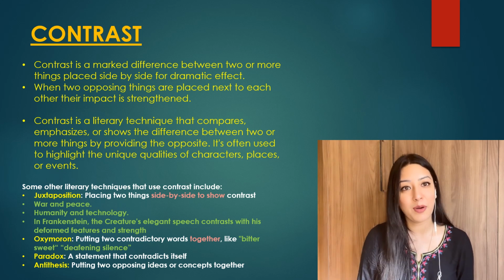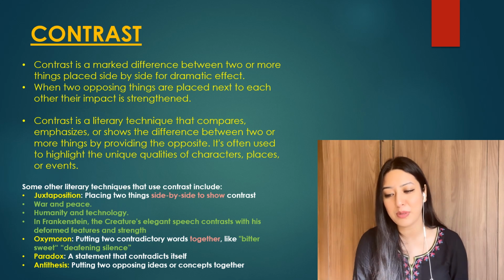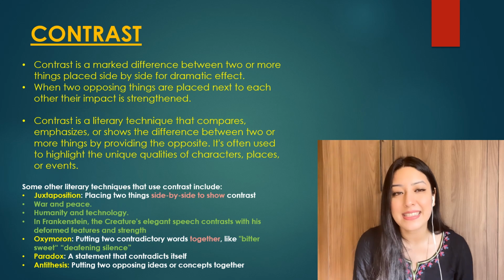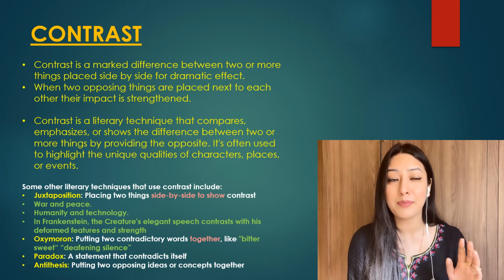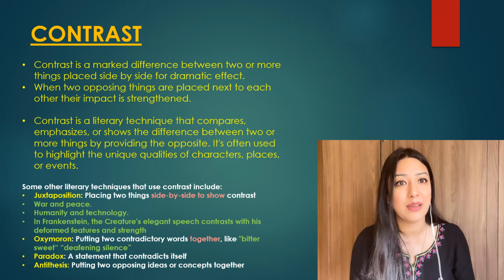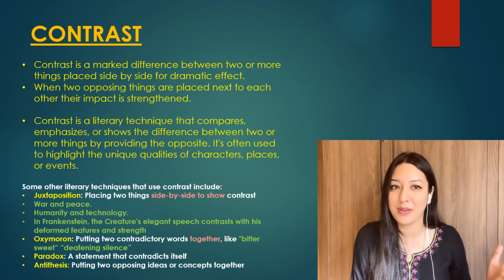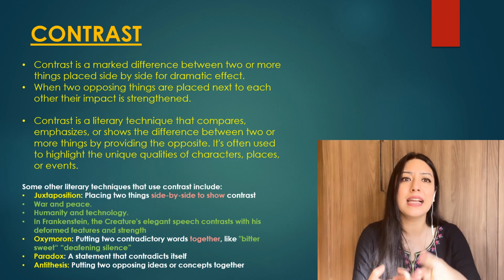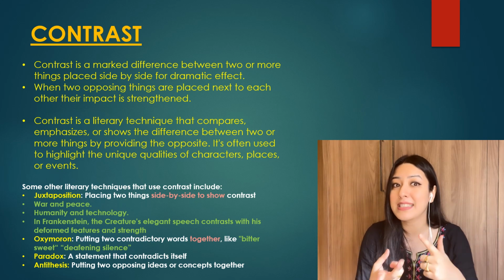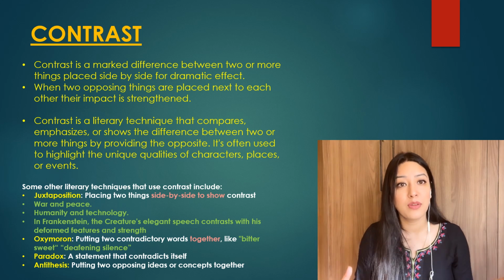Now you have oxymoron, something which we also know in literature, very famous and widely celebrated. Oxymoron is putting two contradictory words together, like bittersweet goodbye, deafening silence. You say something to someone you love and that person just keeps quiet. It's deafening, right? You're like, it's better you just tell me whatever you're feeling, don't keep quiet. So deafening silence makes you uncomfortable. Silence is silence, you're not saying anything, but you're using those two opposite words: deafening silence, bittersweet goodbye. These are contradictory words put together.